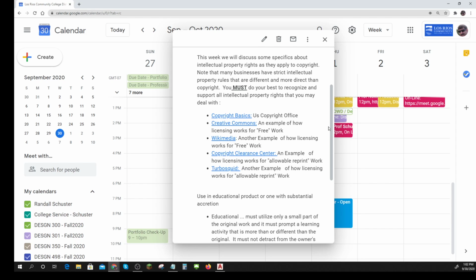So here's what we've got. Intellectual property rights are a big deal. Copyright is a little bit iffy. There's a lot of background on it, and there's tons of stuff. But let's talk about intellectual property all on its own.